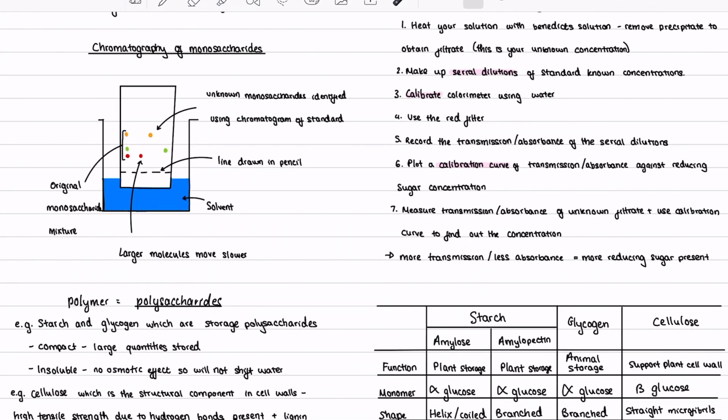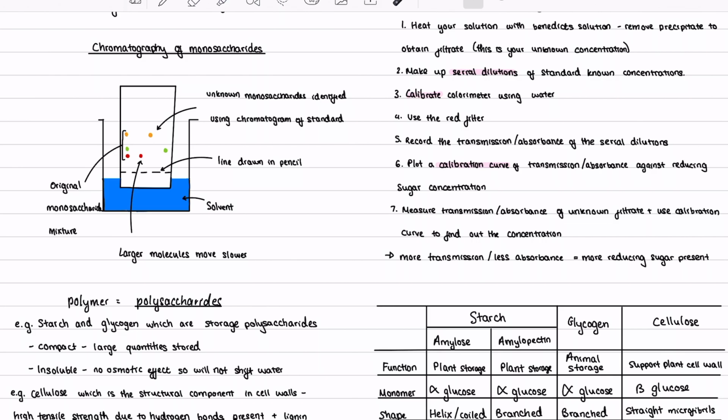The polymer in carbohydrates is called polysaccharides. Starch and glycogen are storage polysaccharides which are adapted for their function by being compact to store large quantities and insoluble to cause no osmotic effect within cells. Cellulose is another polysaccharide which is the structural component found within plant cell walls. They have a high tensile strength due to their hydrogen bonding and have lignin which fortifies the microfibrils, providing additional